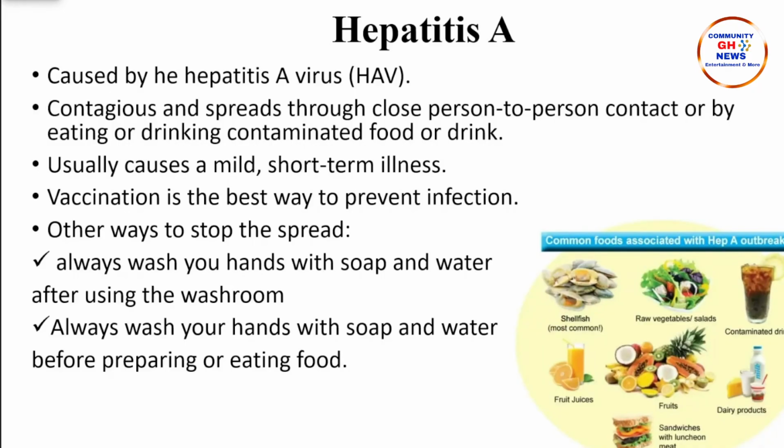water. So I also indicated on the slide certain foods that people come into contact with. For instance, if you use the washroom, you don't wash your hands very well, you touch some of these foods and then a different person eats or drinks it, you could literally contract hepatitis A. Because it's gotten through food or drink, you can easily contract it. So from the slide, you can see that I've indicated certain foods.